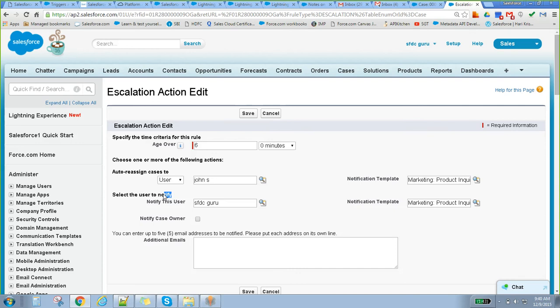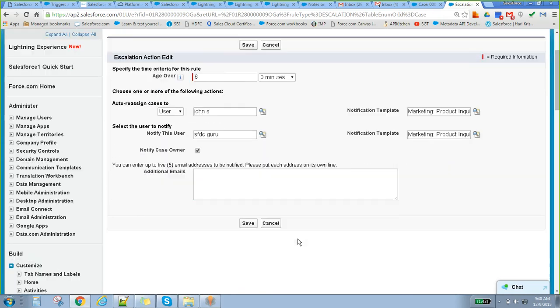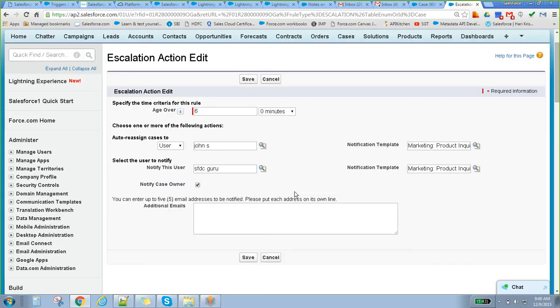We can also send an email to the case owner saying this particular case has been escalated. If you want to put some other emails here, we can put another email also.